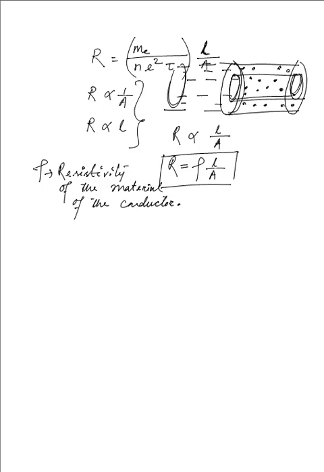The average relaxation time that we have obtained over there decreases with the increase in temperature. As a result, with tau remaining in the denominator of this equation, and with tau decreasing because of the increased rate of collisions, the resistance will increase, or even the resistivity of the material will increase. So that is the temperature effect on the resistivity as well as on the resistance, but that is to be dealt with later. But as of now, we take the resistivity of the material to be constant for a given temperature,